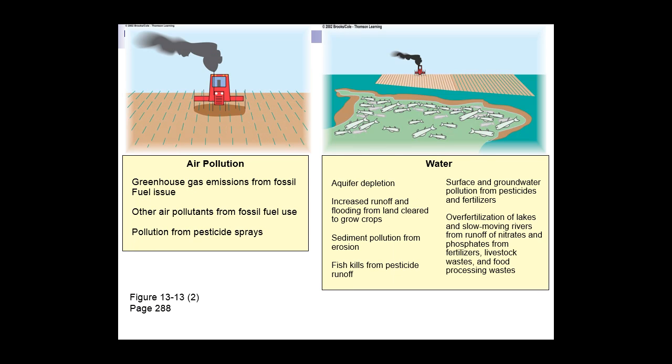Other problems, air pollution. Major air pollution problems come from fossil fuels if you're using tractors. Also, some air pollution comes from the animals themselves. Cows, for example, put out a lot of methane. Naturally, this isn't a problem because the cows are generally spread out. They're not a huge population. But when you start farming them and you put them in factory farms where you've got cows touching each other, then that's a lot more methane per area, so you have a bigger problem.